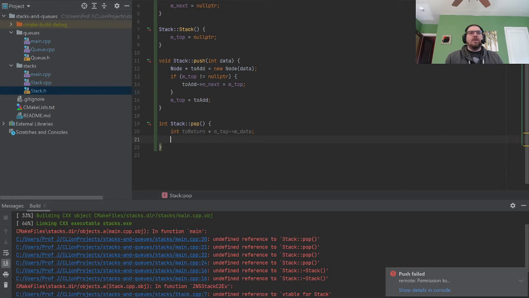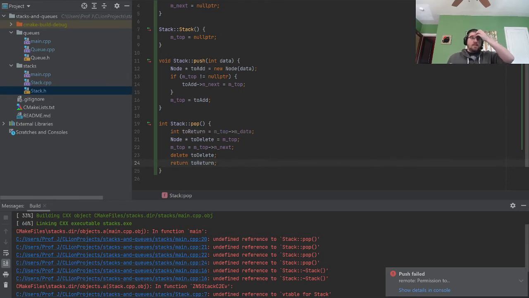Then we're going to say node pointer to delete equals mtop. Then we're going to say mtop equals mtop next. Then we're going to delete to delete. And then we're going to return to return.